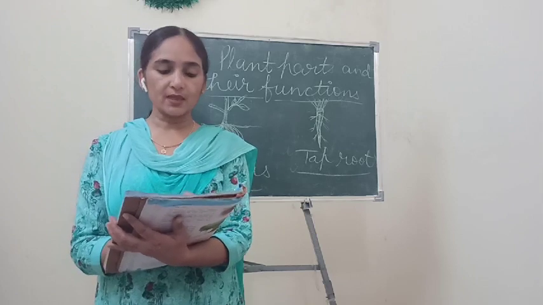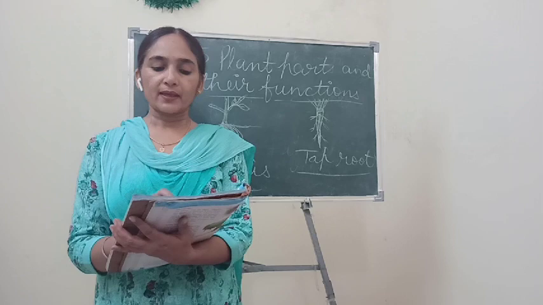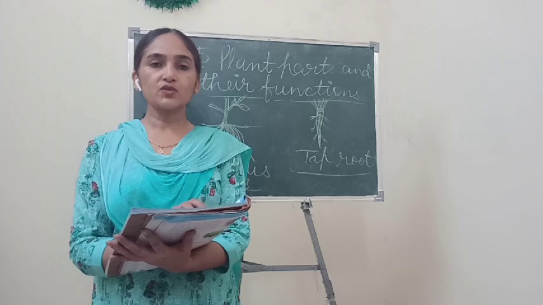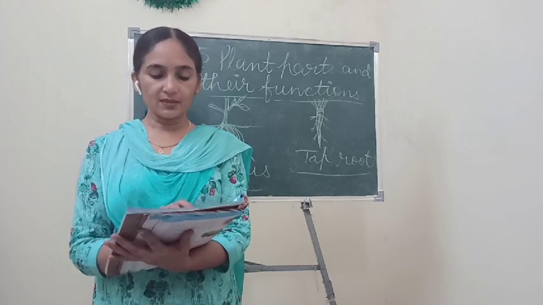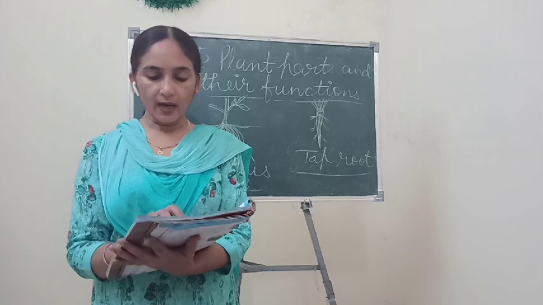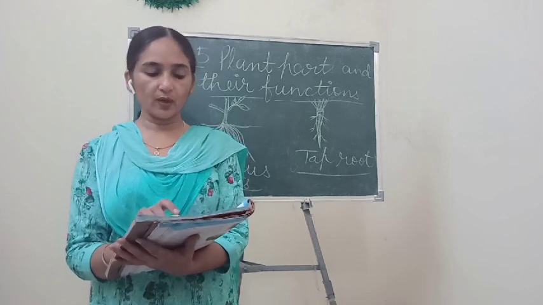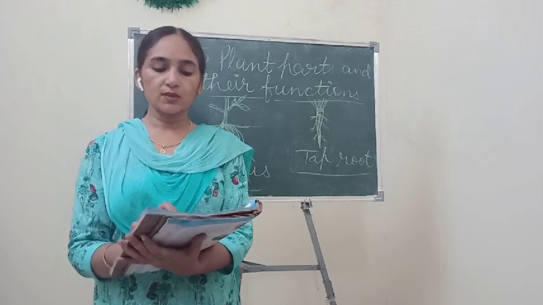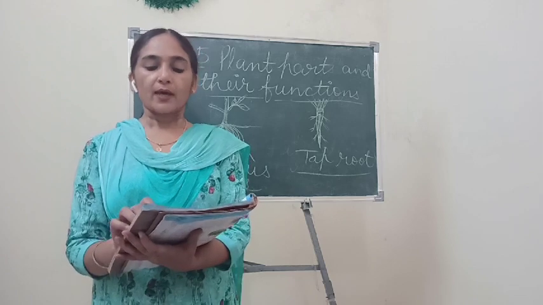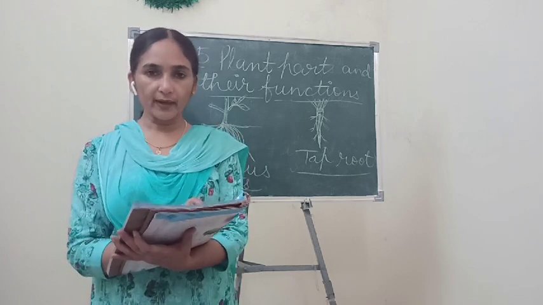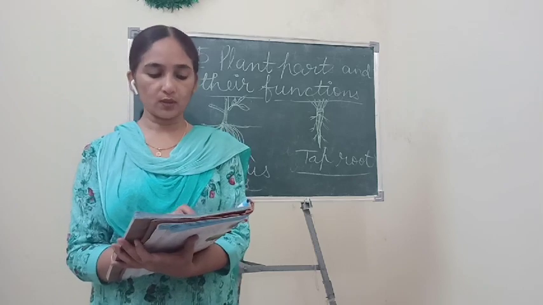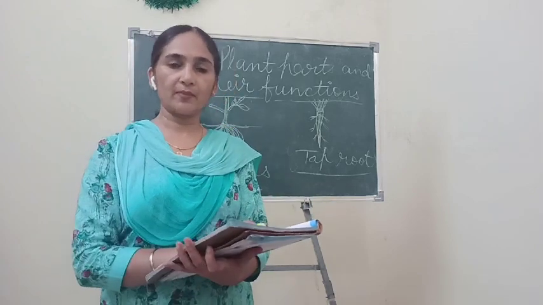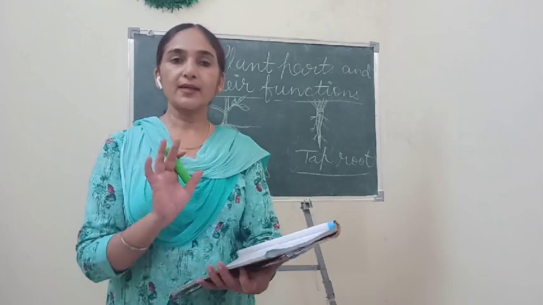The shoot system of a plant that can be seen above the ground includes organs such as leaves, buds, stems, flowers and fruits. The functions of the shoot system include photosynthesis, reproduction, storage and transport. So how can the plant do these things? Let's study one by one. The first function they have written is photosynthesis.